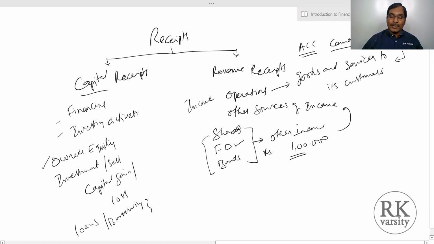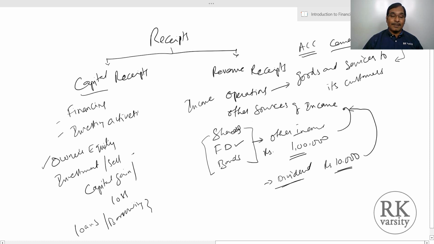Suppose a company invested into shares and it received a dividend. Let us say the dividend amount received is 10,000. So this dividend amount received during the particular year is again another source of income. Then bonds, again interest. But if a company earns capital gains on this, in the sense shares are purchased at a lower price and sold at a higher price, then that is not a revenue income, it is